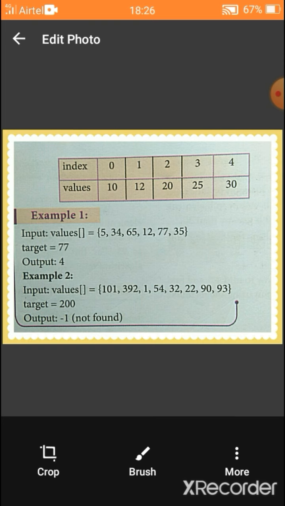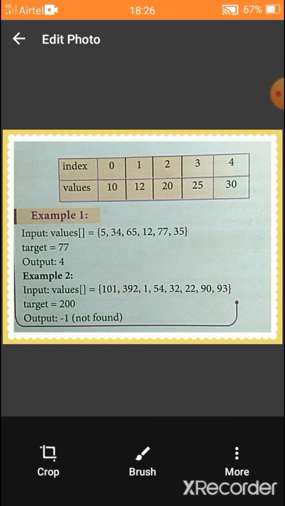So now let's remember the pseudocode for linear search. What is the first step? We have to traverse the array using a for loop. So the for loop must go through the values one by one. What is the next step? Compare the target key with every element in the list. So what is our target value?